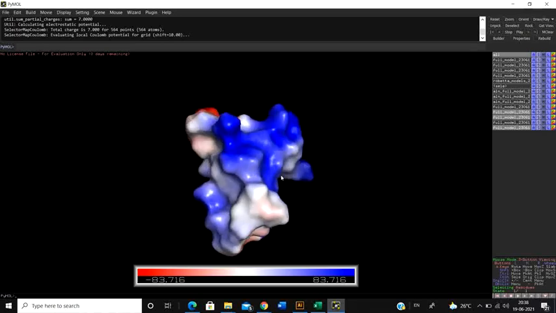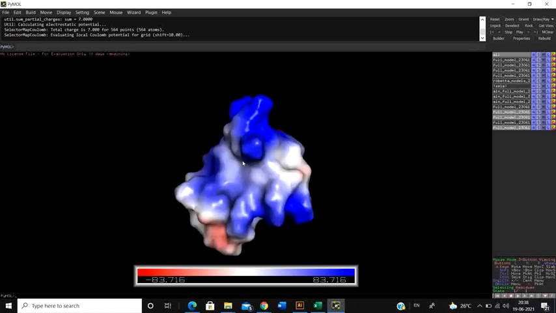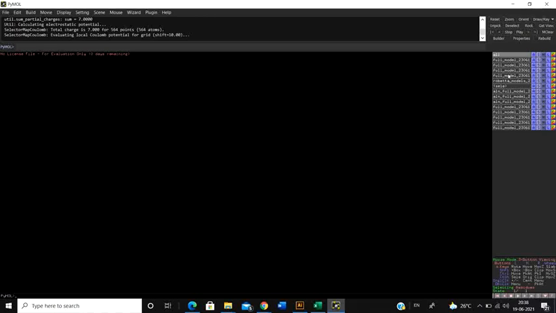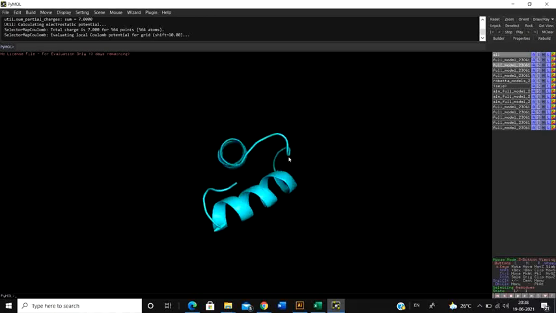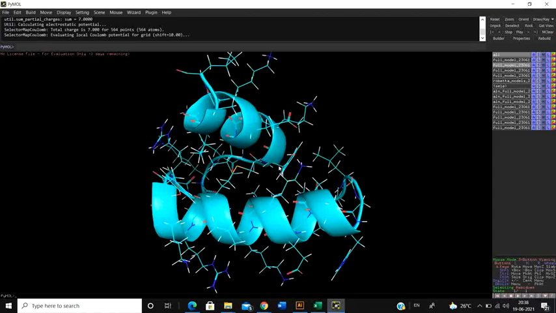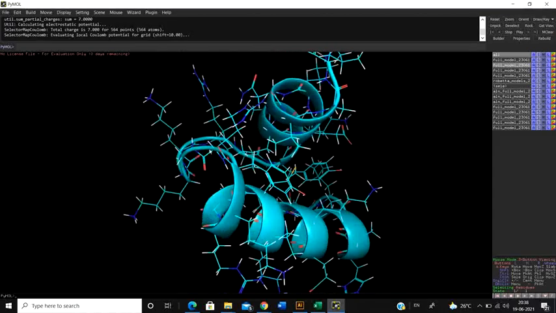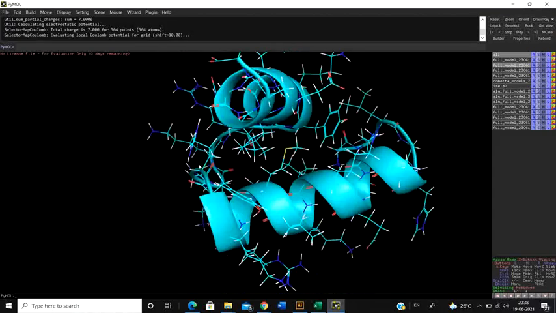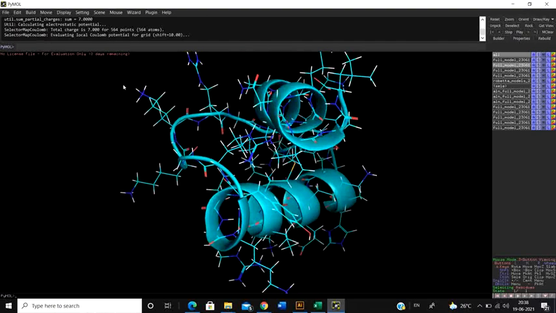Okay, so these are the different things that you can perform with this particular server, but that's not all. There are also other things that you can perform. What are the other things? Suppose you need to find out the distance between two residues. For example, let me highlight it. Suppose you have added a ligand. Now you need to find out the distance between this residue and this residue. How far are they separated?